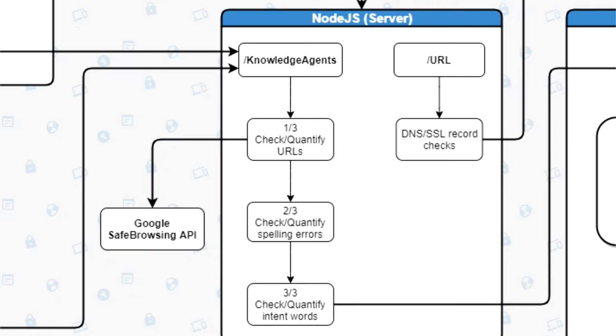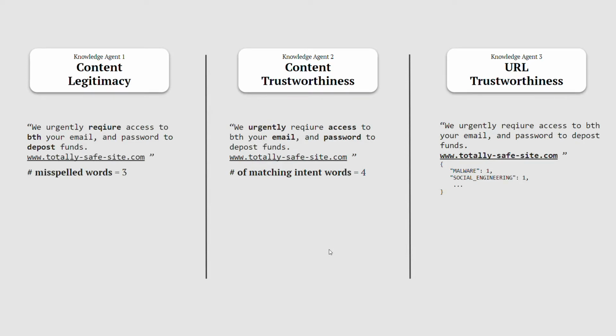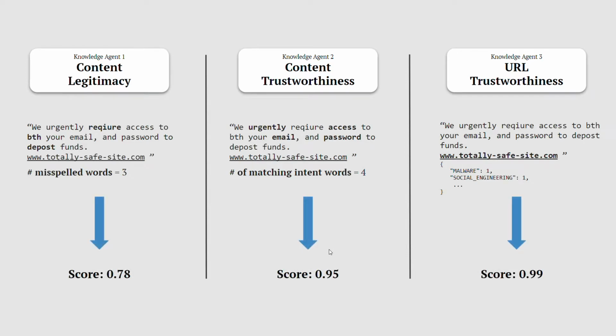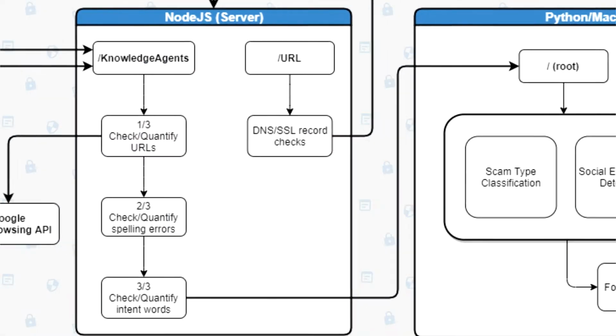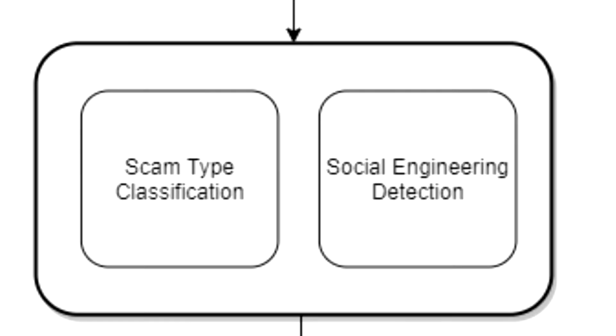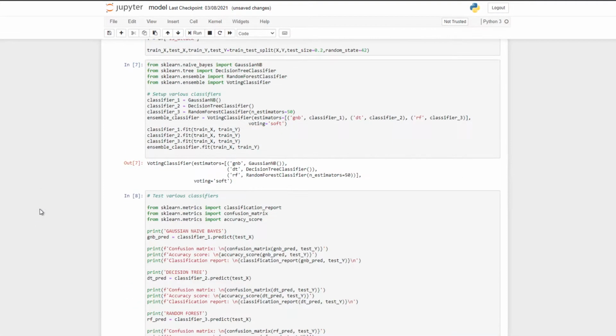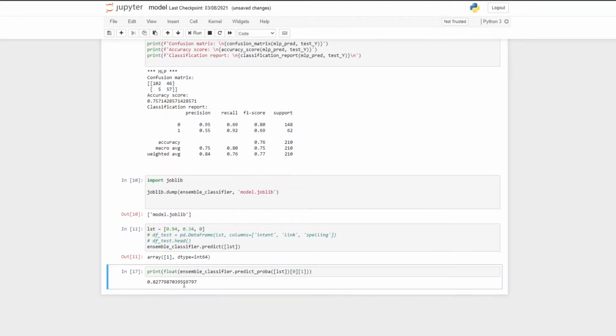The server obtains the data from the front-end gateways and assesses its legitimacy and trustworthiness. This is quantified into inputs for the machine learning API, which is then used to predict a social engineering attack. The machine learning API runs two models concurrently. The social engineering detection model uses inputs from the server's knowledge agents and outputs the probability that this is a